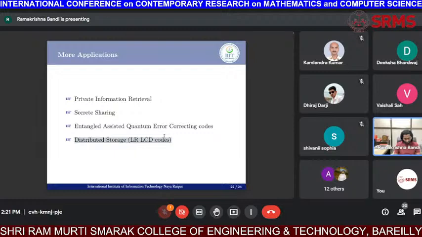These are some of the references I used. The talk is mainly based on this paper, which is: do non-free linear codes exist over finite rings? The other two are about how one can protect information in side channel attacks using LCD codes, and the basic paper for LCD codes. Yeah, thank you.